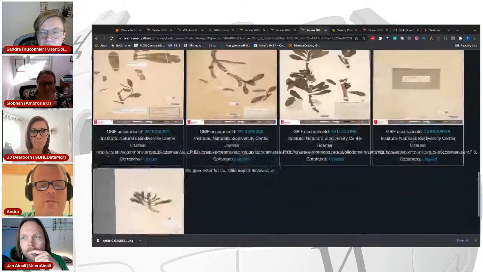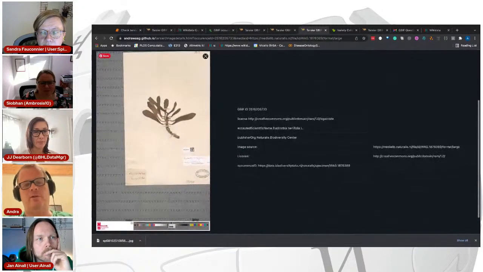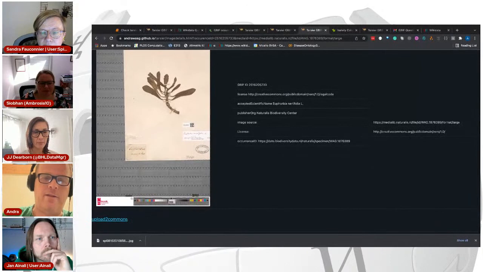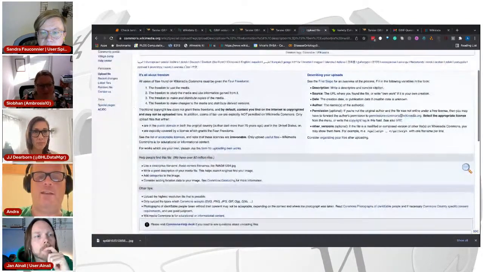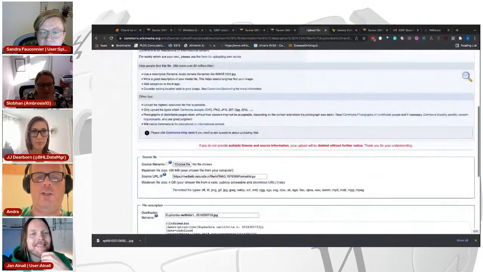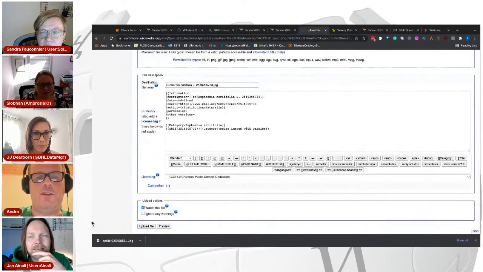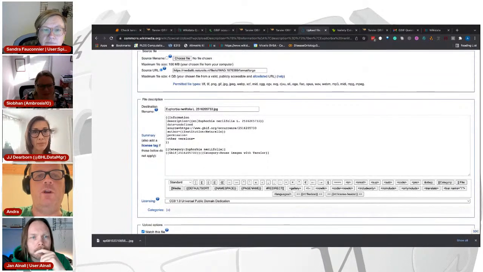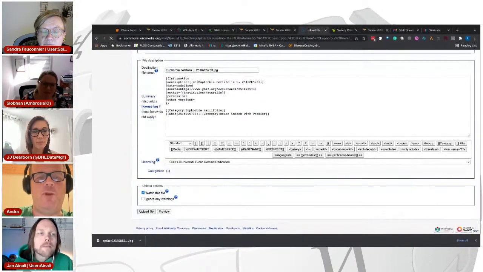So let's pick one, and I should maybe start a new collection because this is my default page and even the default selections. Now what happens if I select this image and upload it to Commons is that I get the exact same page as with iNaturalist. Here you have the wikitext, it provides the license, it gives the file name, and it provides the URL of the source where the photo comes from. And now when I upload a file,